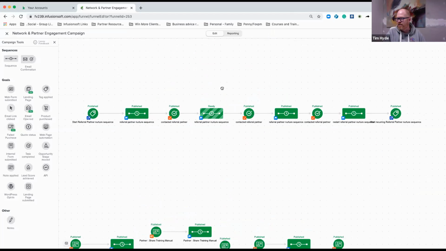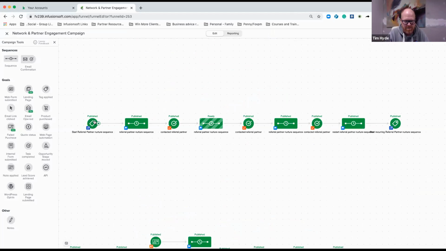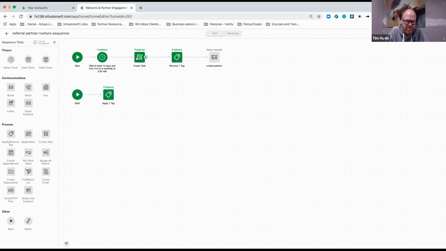This is the process I started with, and literally I put a tag which segments my contact in my database, and as soon as they get this tag, they go into a sequence of activity, in this case, which waits 13 days and raises a task for me to reach out to them. Now, if I want to be top of mind with my referral partners, I can actually raise this task to my VA, which is even better, so I don't have to do it. And the task says, reach out, send them a text message, go and like some Facebook posts.